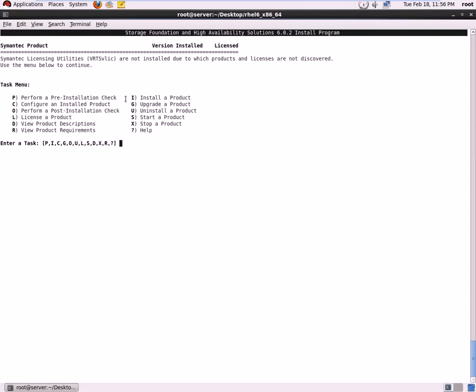Once we run the installer script, we'll get this menu, which is a part of the Veritas product, and here we have different options where you can perform a pre-installation check, configure and install a product, or if you want, you can install a product, upgrade, uninstall a product, start a product, stop a product, and you have all these options. So we are interested in performing a pre-installation check before we go ahead and install the product. So I'll hit the P key,